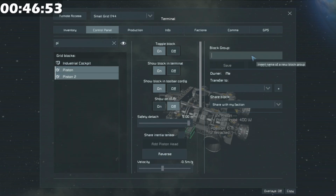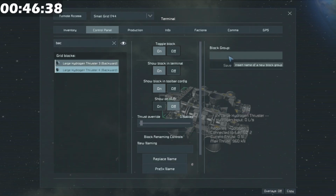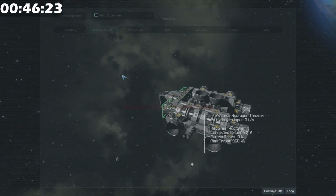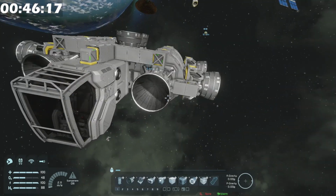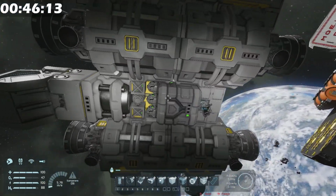We'll have a group for the pistons. I should probably have, not reverse. I'll have my retro thrusters group. That'll control the backward thrusters, of course. And I think that's pretty much it. Now, ooh. Yeah, this thing can move. I'm gonna really quick...